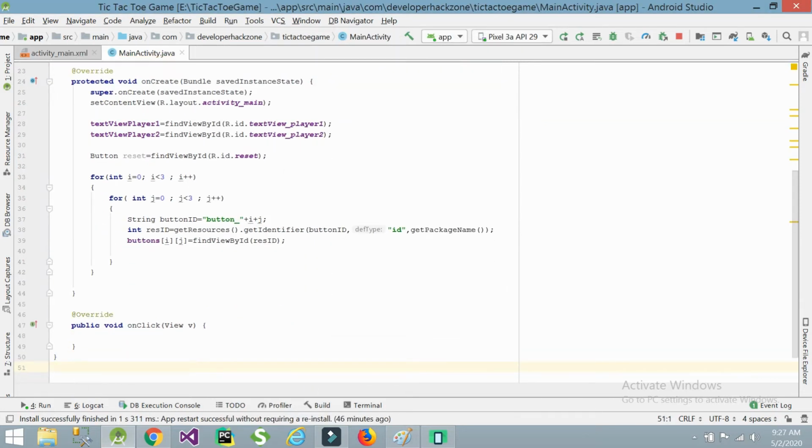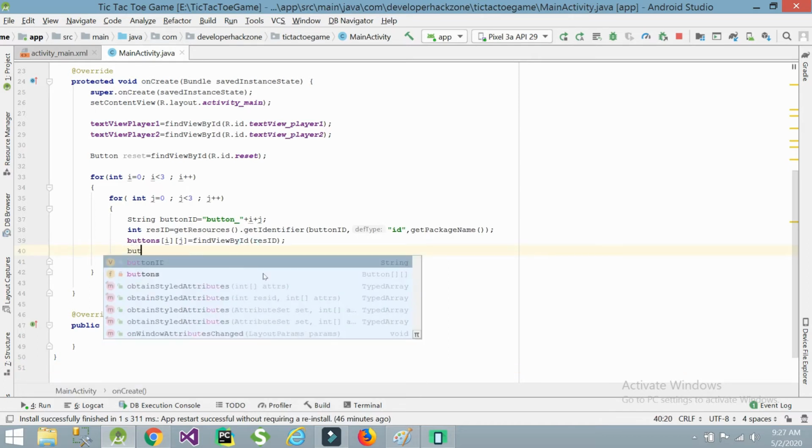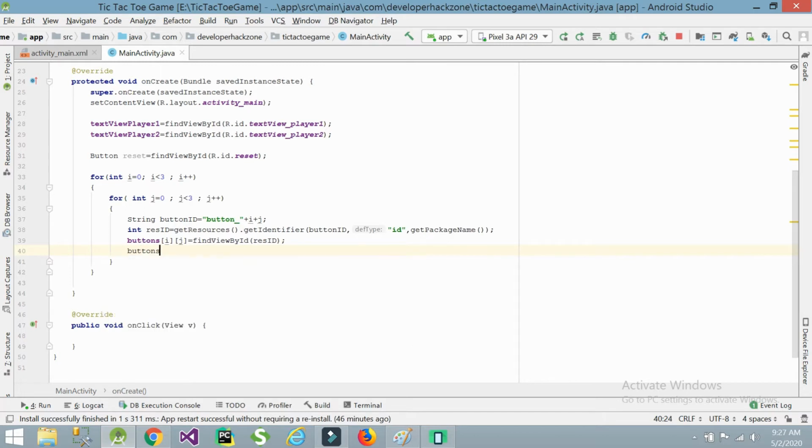Here our method is ready. Suppose the ID is 00 when we click on this button; this method will execute automatically.